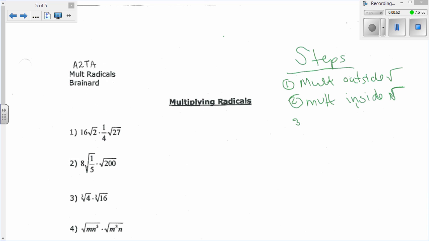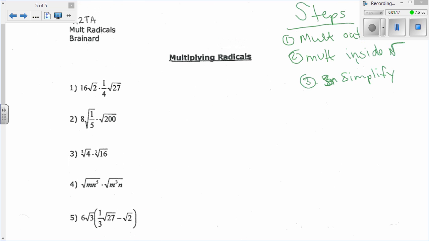And step number 3 is to simplify. Okay. So multiply outsides, multiply insides, and then